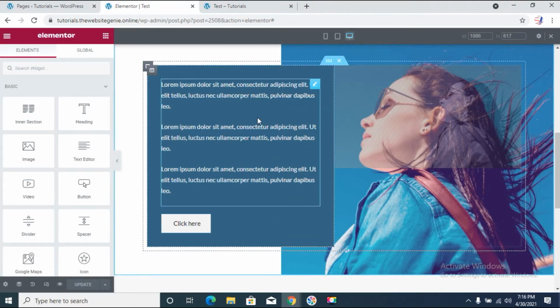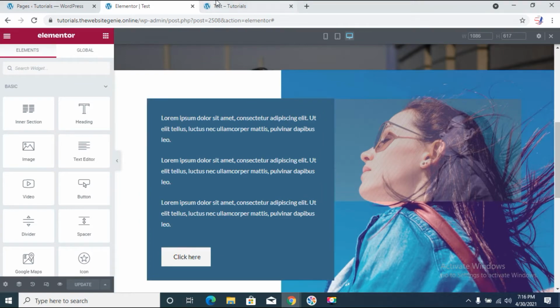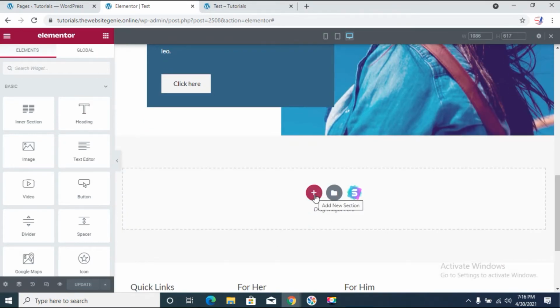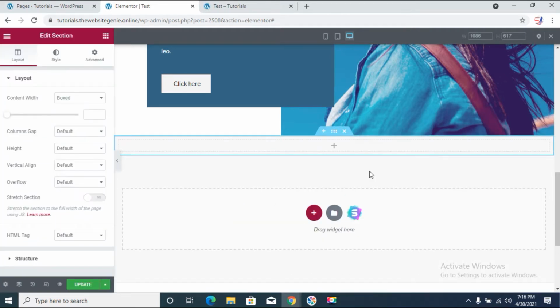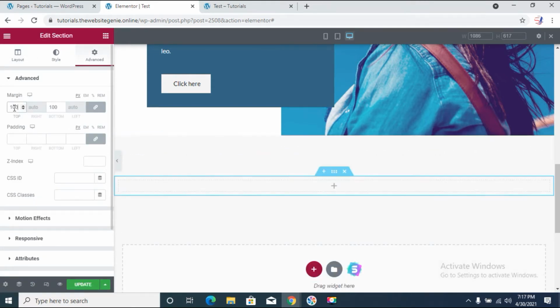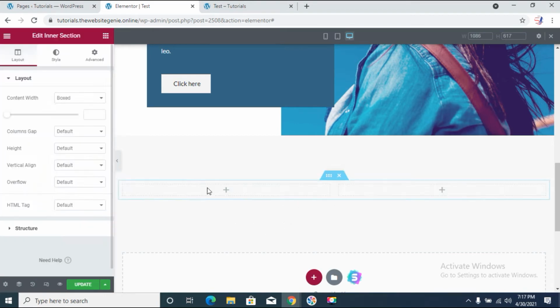I already have my Elementor panel open, and this is what the back end of this finished product looks like. But we'll start afresh, from the beginning again. We'll select a column, take a single column, and just to make sure that it has some gap between the previous column, we'll go to the advanced section and add some margin to the top and bottom, and we'll insert an inner section inside of the column that we already have.